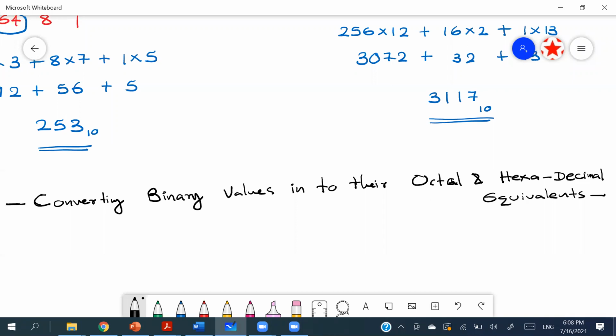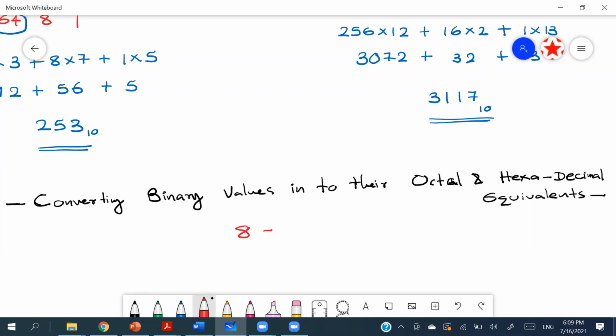Now, first of all, to talk about this technique, I need you to take your attention to the relationship between binary and octal, as well as binary and hexadecimal, because it is the conversion that we do. We convert binary into octal, binary into hexadecimal. So if you think about the relationship between binary and octal, we can represent it like this, right? So we know